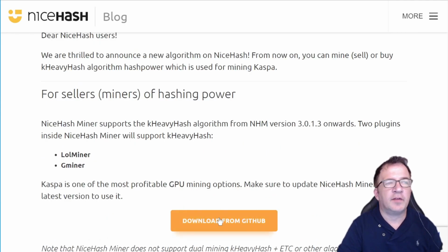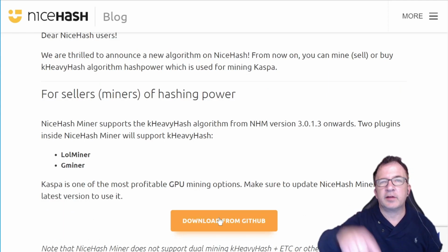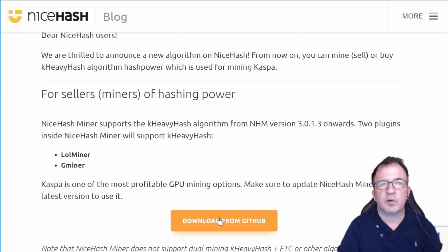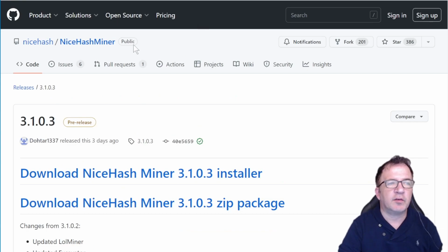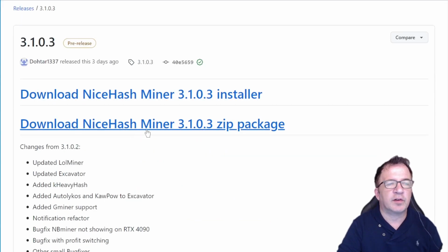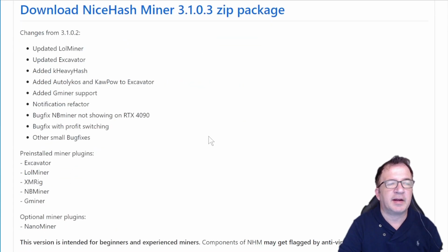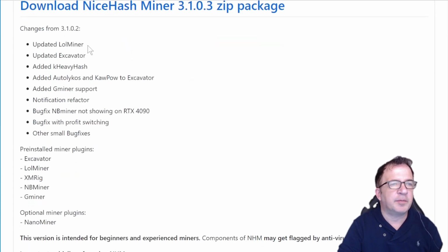Following the link on the Nicehash blog post, I'll be putting a link to the Nicehash blog below in the description. It'll take you directly over to the Nicehash Miner, the GitHub site. And here you can see you can download the latest Nicehash Miner version 3.1.03 zip package. And it states here updated LOL miner, updated excavator, added KHeavyHash, added auto Lycos and Kapow to